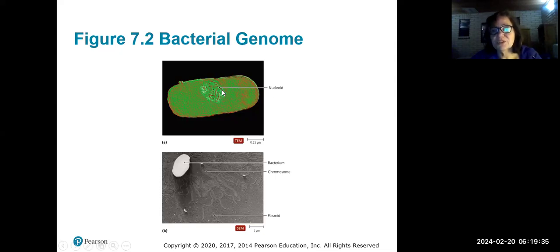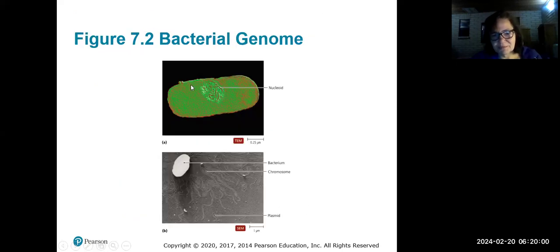And the chromosome, just like with eukaryotic cells, it coils up and it's real tight. Here it's all coiled up and stuck in this tiny area. If you were to take the chromosome out and uncoil it, it's incredibly long. So this would be the size of the bacterium, and then there's the chromosome all pulled out. We will get to this.